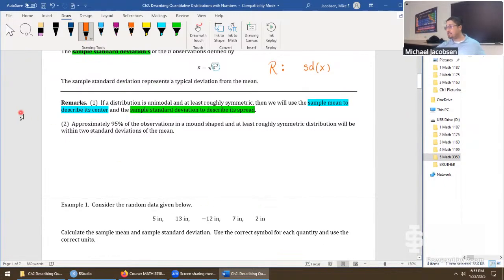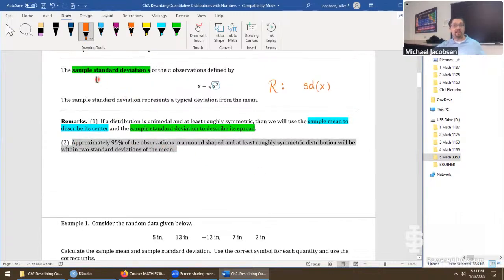Last takeaway point is that it's not always easy to say how the standard deviation describes the spread. The range is easy. It's just the maximum minus the minimum, and that's how spread out your data is. But for this quantity S, if your data is symmetric enough and mound-shaped, approximately 95% of all your observations will be within 2 standard deviations of your sample mean. So it's in that way S is describing how spread out your data is. And we'll look into this idea a lot more closely in chapter 11, where it gets rolled into the empirical rule, or the so-called 68, 95, 99.7 rule.